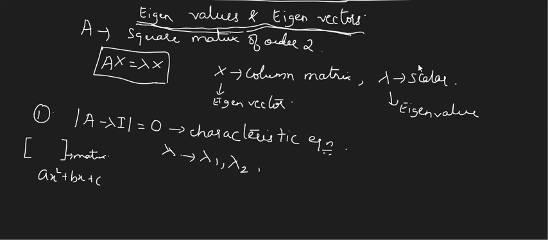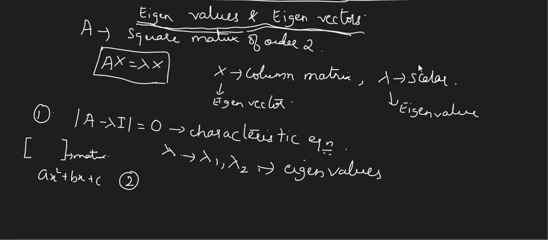This I'll clarify in an example. So the values obtained are called eigenvalues. So is it clear how to find eigenvalues? Form this characteristic equation, expand and solve it. You'll get an equation in lambda. Solve it, you will get some values for lambda. Call them eigenvalues. For each eigenvalue, there is a corresponding eigenvector. If I take lambda 1, I'll get an eigenvector x1. If I take lambda 2, I'll get an eigenvector x2. Let us see how to obtain it.